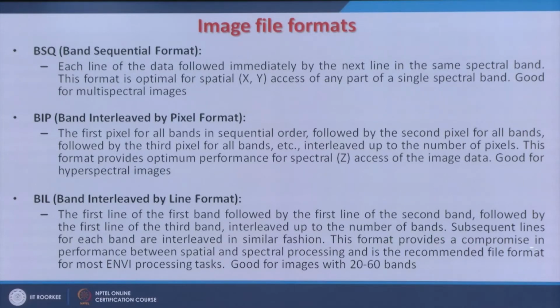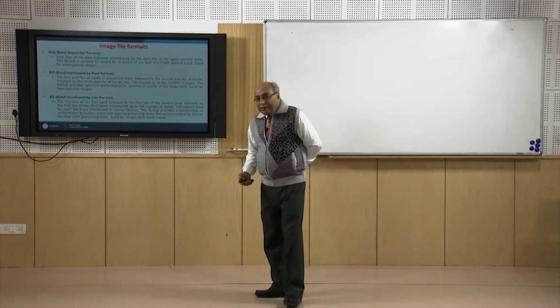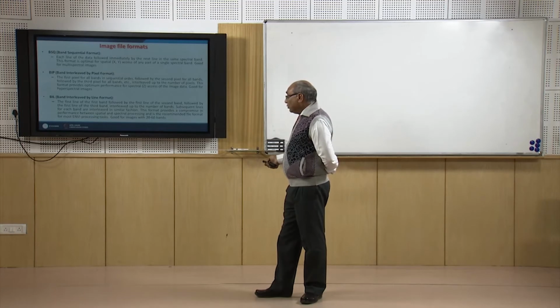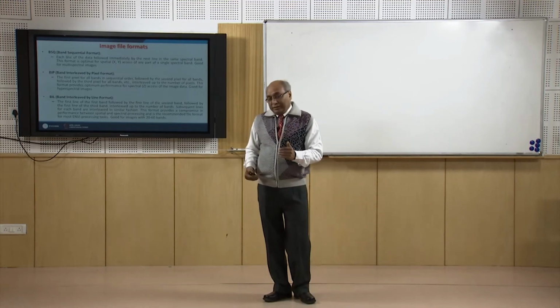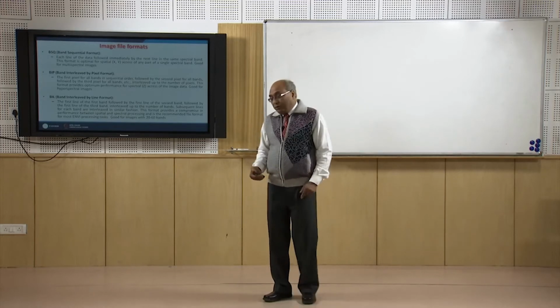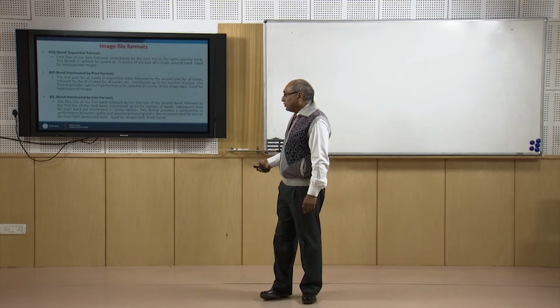This format provides a compromise in performance between spatial and spectral processing and is the recommended file format for most ENVI processing tasks, good for images with 20 to 60 bands. So, this is another issue, because now we are also going for a large number of bands, meaning our spectral resolution is also improving, and for that BIL format. ENVI is an image processing software, but many software are